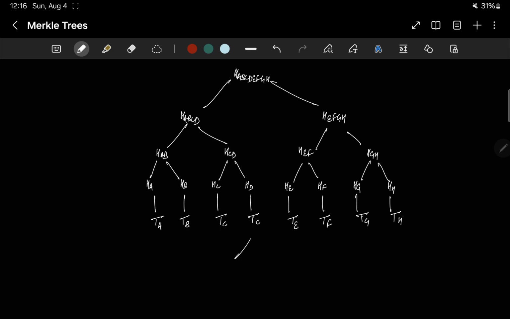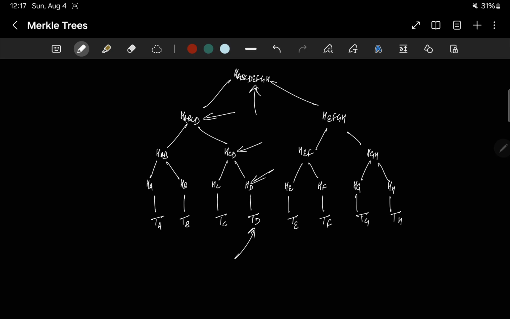So let's say there is some change to this TC. So this change will change this, which in turn will change this, which will change this, and this will change this. Okay, why? Because then it will have to HD, sorry, this is D. So TD changes, then HD will change because the hash of this file will change. So if HD changes, it means now the combined hash of these two will be different from what it was earlier. So this changes, similarly this changes, and the root changes. Okay,